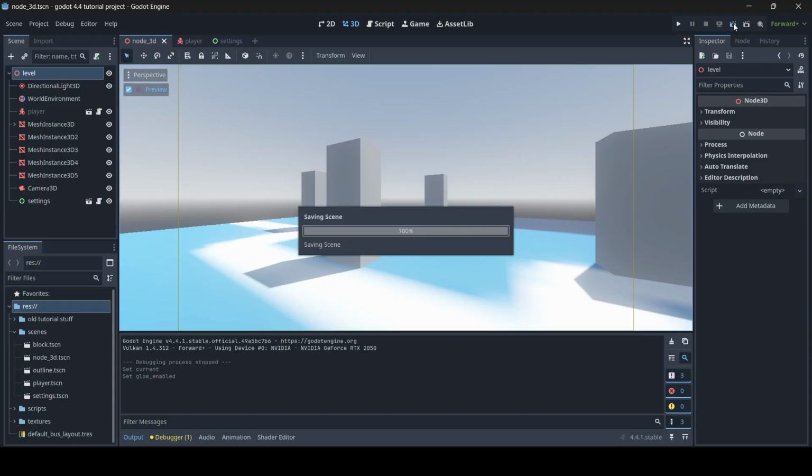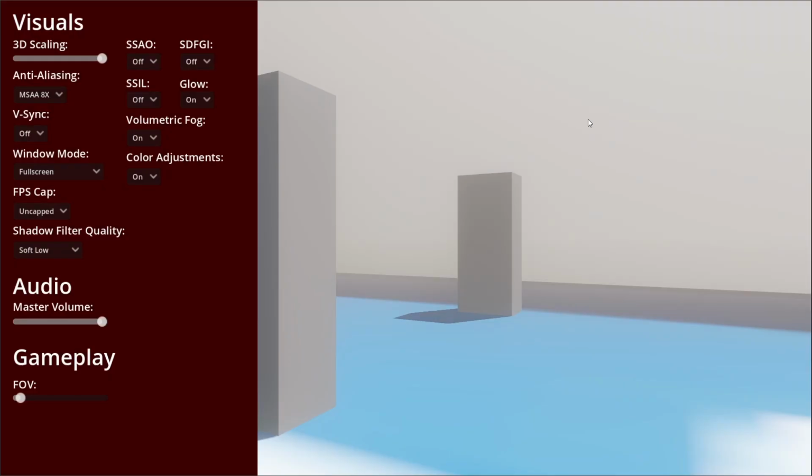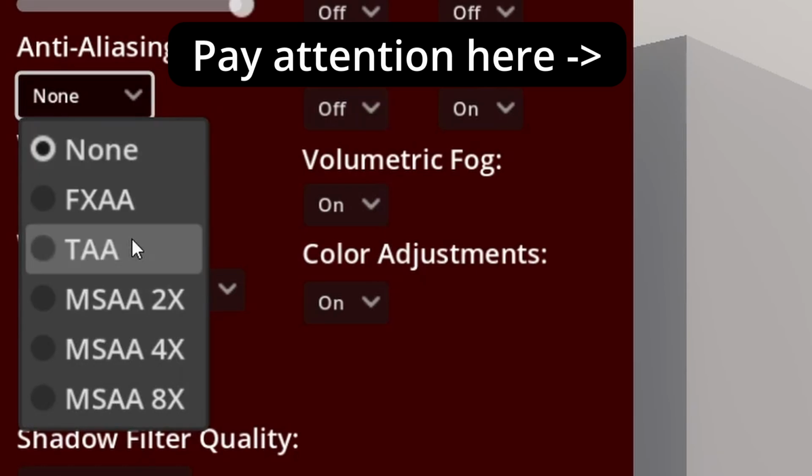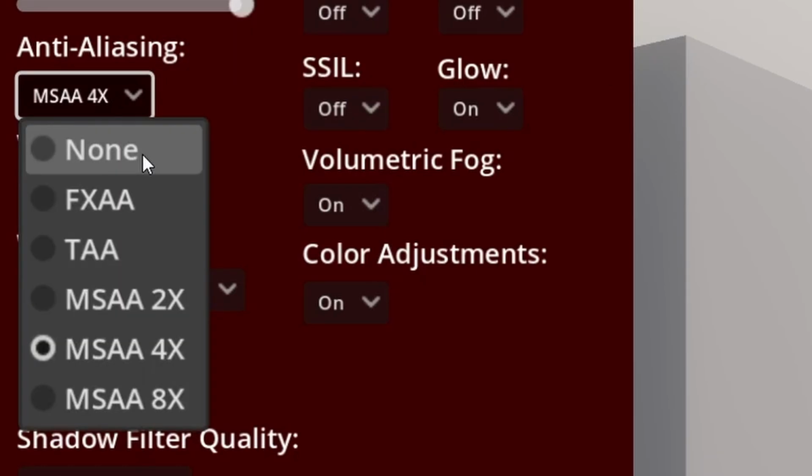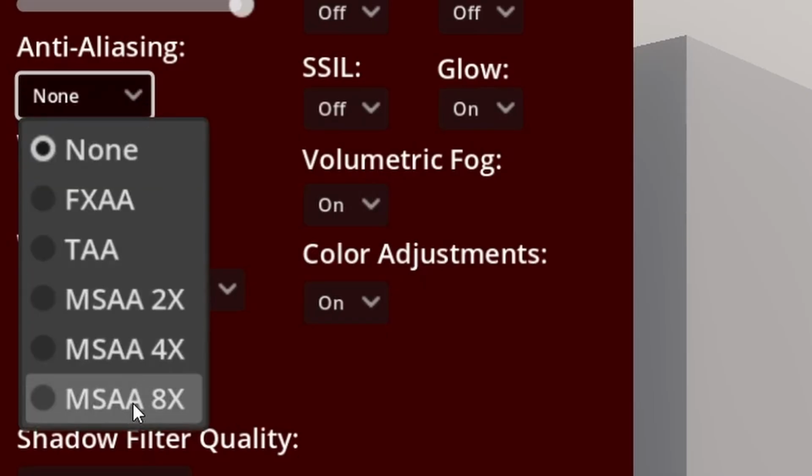So I'm going to click on the clipboard up here in order to test my current scene, and here we are. So first off, let's play around with this scaling 3D setting here. Now as you can see, I've actually already been playing around with some of the settings since I was testing things out before. So certain settings that were set to on are now off, and I've even got the anti-aliasing set. So if I change the anti-aliasing here, I'll probably have to zoom in so you guys can see more properly, but when I change the anti-aliasing setting, you can actually see the jagged edges becoming smoother on the rectangles,